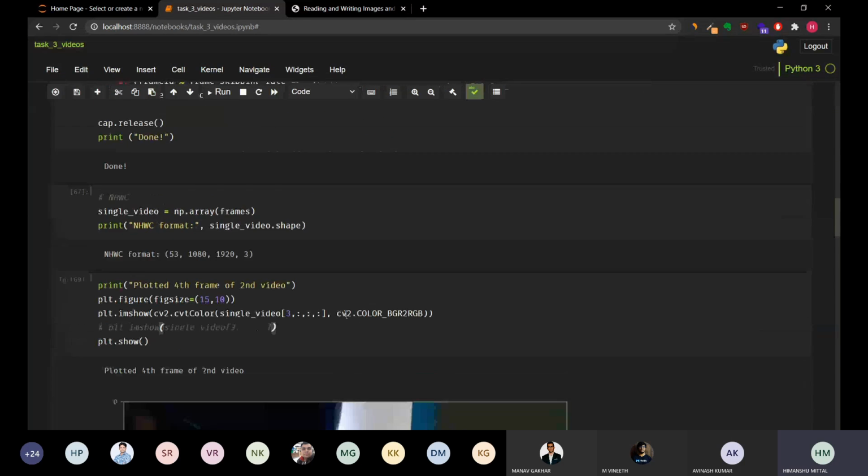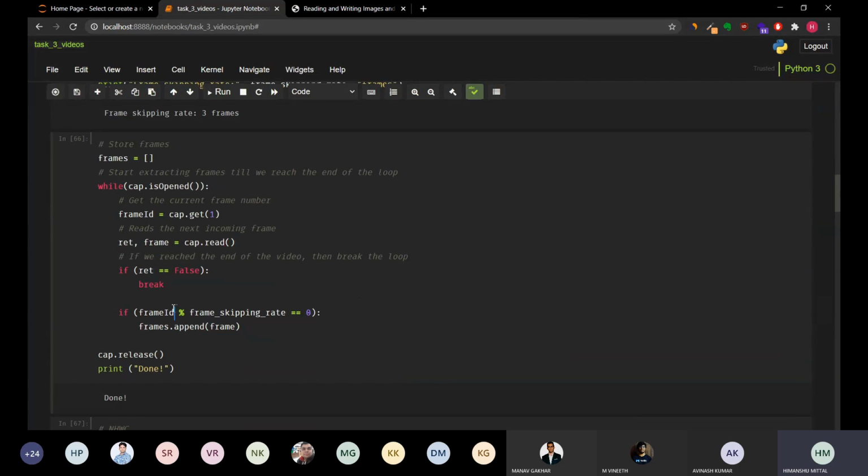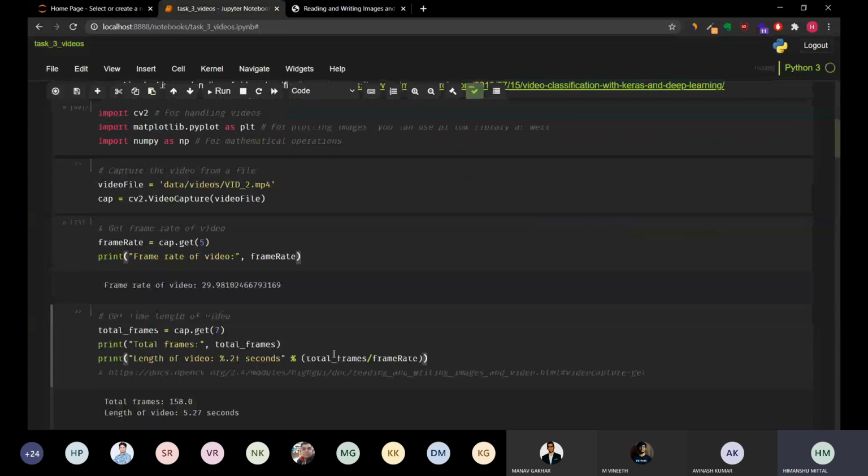But before that, I want to show that if you want to get the gray image of all the frames in grayscale, how do you do that? So you all process here. This is the main loop for extracting the frames. So here I have done frame is equal to cv2.cvtColor of frame, and I say cv2.COLOR_BGR2GRAY. Right now it will convert it to gray, and let's run the whole thing again.